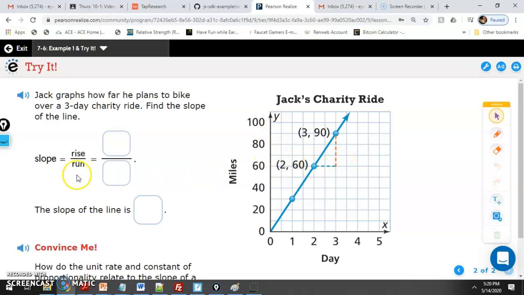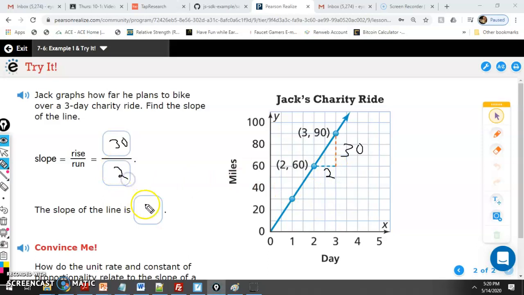All right, so the rise is the difference between 60 and 90. So it's rising a total of 30 here. We're going up 30, so our rise is 30 in this one. Our run, from left to right, we're going 2 over. So we have 30 over 2, and then we reduce it so that the slope of the line is equal to 15. All right, so since we have units on here, it's good to think about